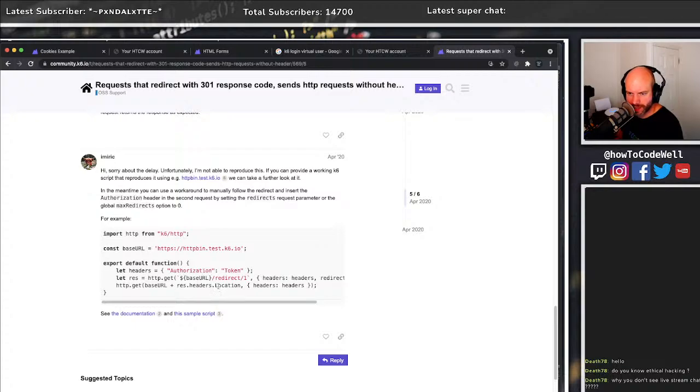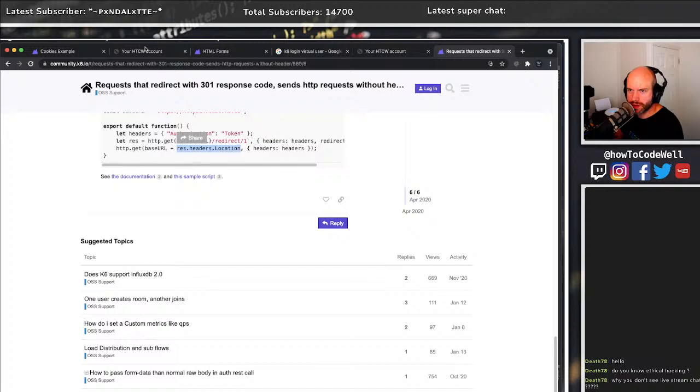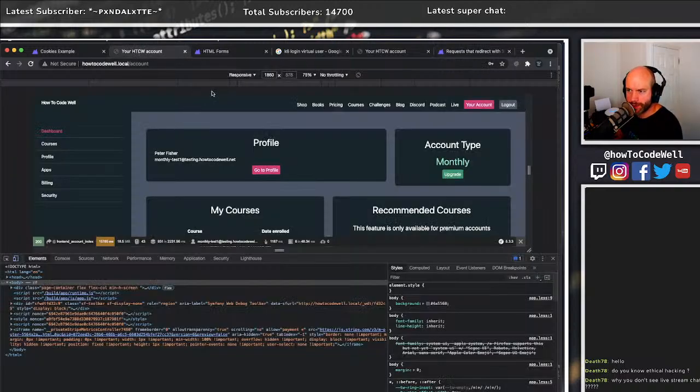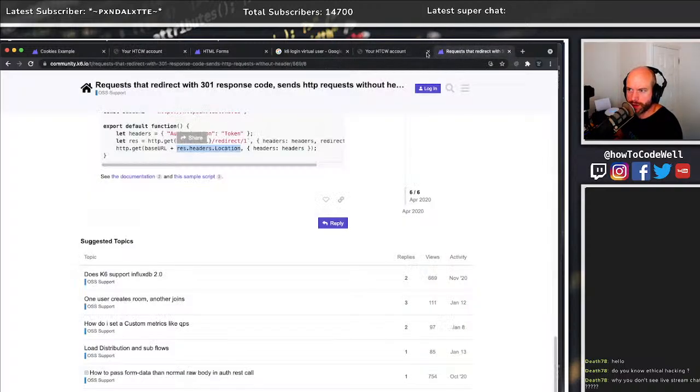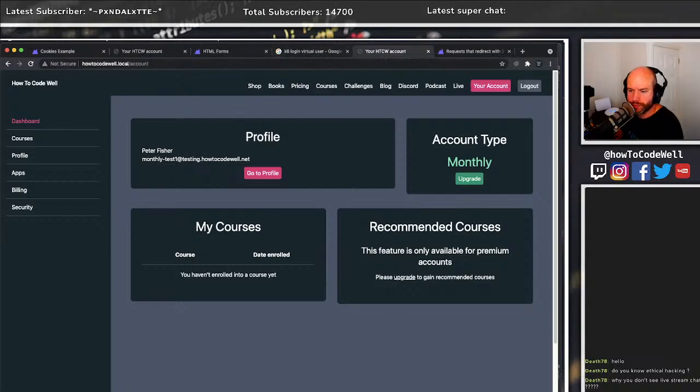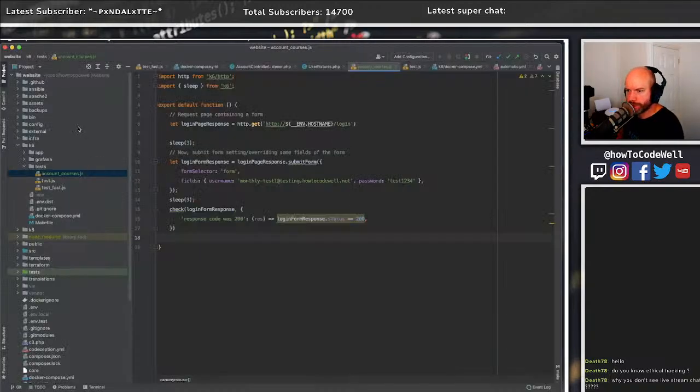So headers location looks like the thing, because I wouldn't mind checking that the header's location is the redirection into the account page. That would be a good test, right? So we log in, sorry. We hit the page, we wait for it to load, we then submit the form, we wait for the form to load, we check the login response,